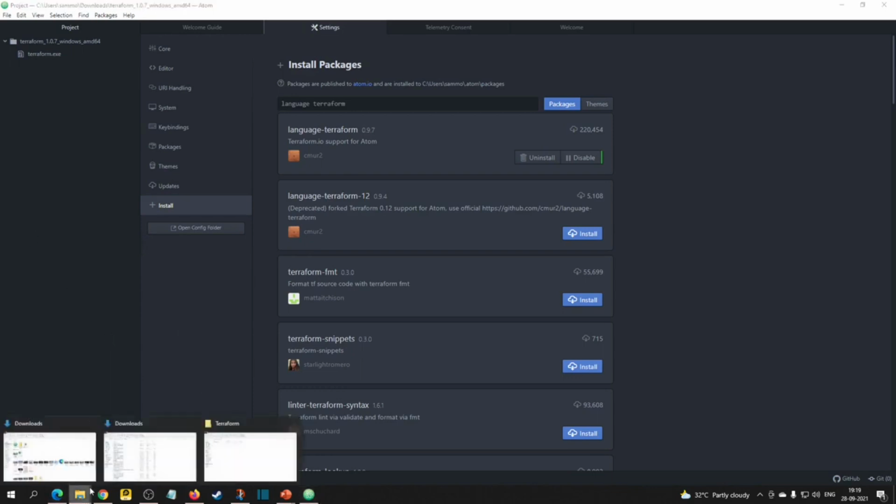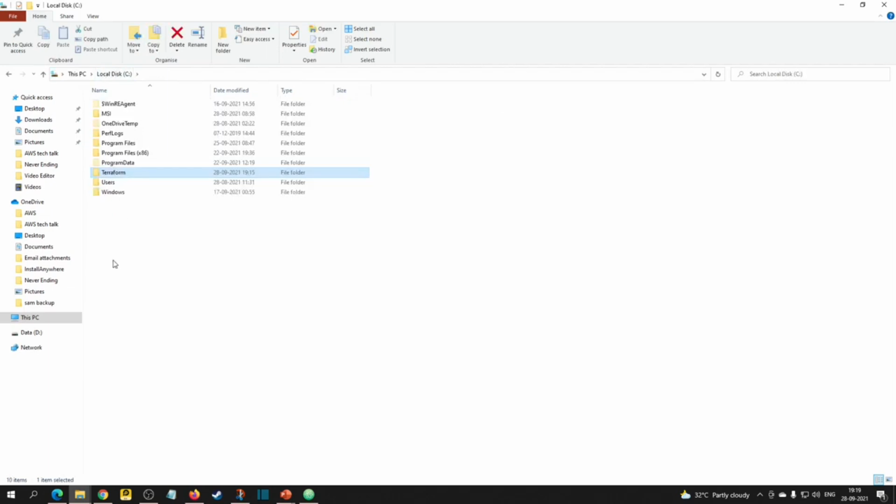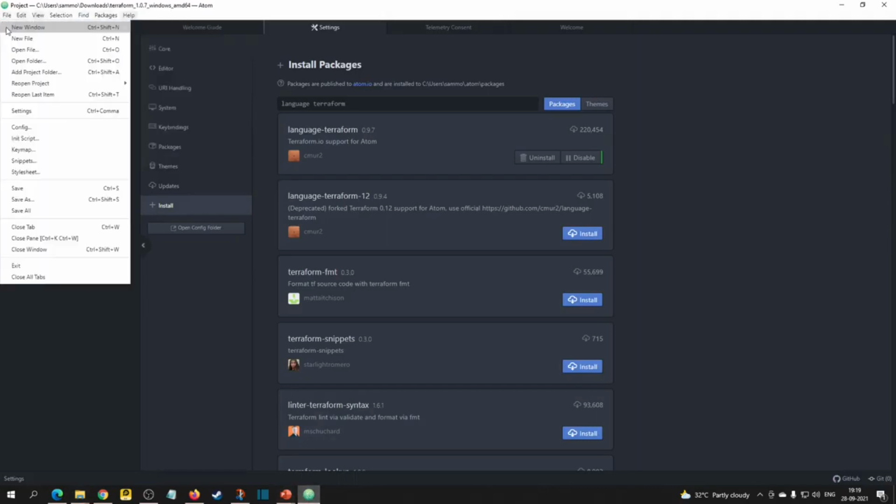Next, where are we going to keep our code? You can keep your code anywhere. For this demo, I am keeping it in a Terraform code folder. You don't need to do this, you can choose any folder also. So now I am going to